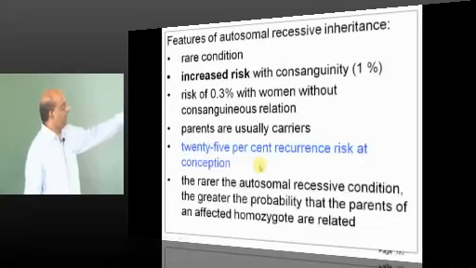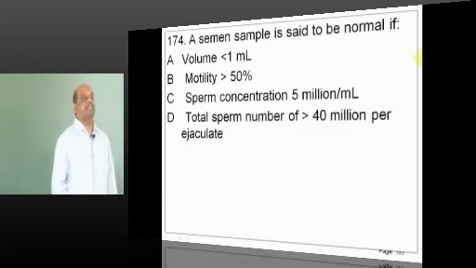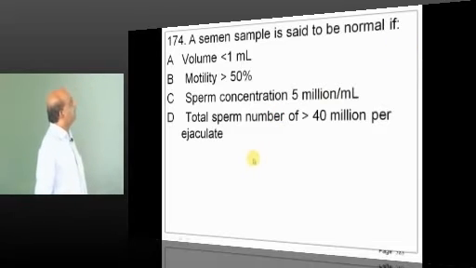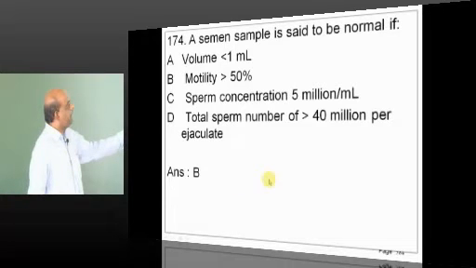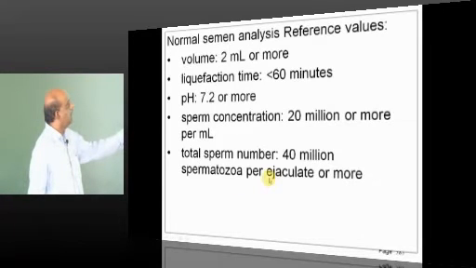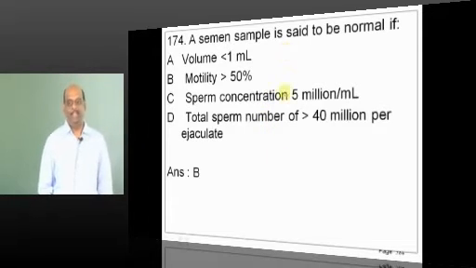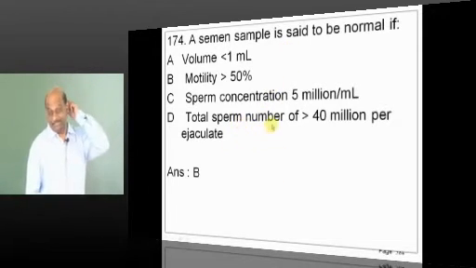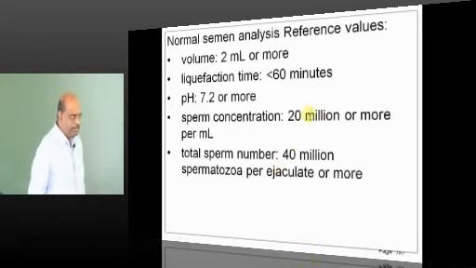Except should be there. Then a semen sample is said to be normal. This is not except. B and D. Only B, doctor. Sir, but ejaculate normally is 2 ml and 40 million spermatozoa. Oh, B and D, okay. Sir, many are there. Okay, sorry, I think the framing went a little off. Fourth question, which was fifth.